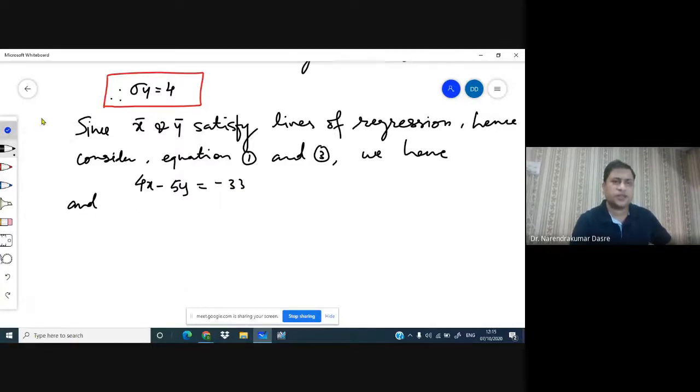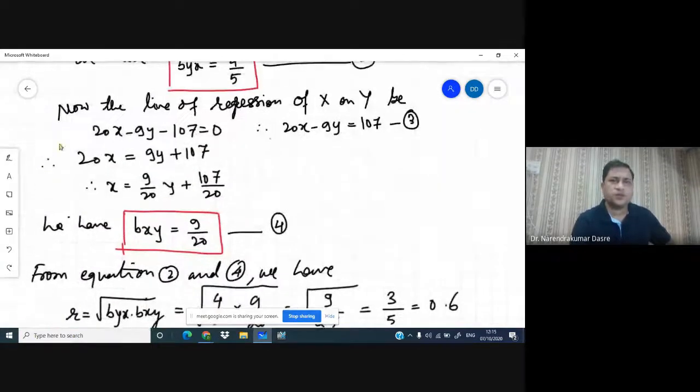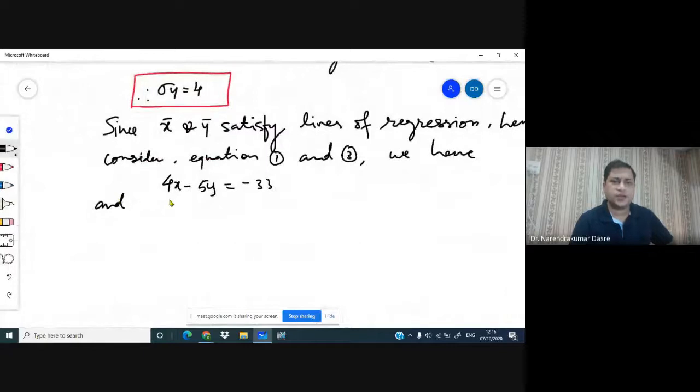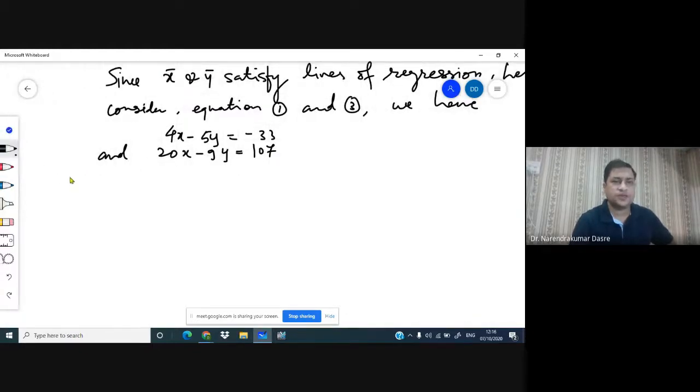And what is the next equation we have? We have 20x minus 9y is equal to 107. Okay. And hence what we can say is, solving the above equations we have